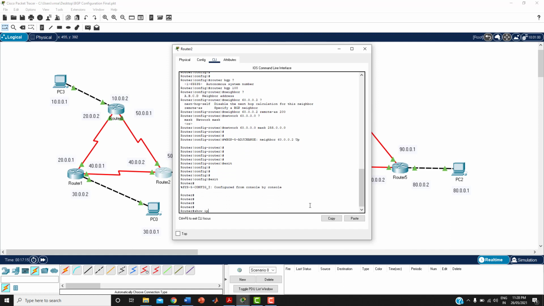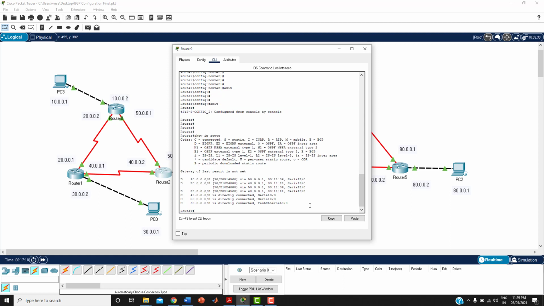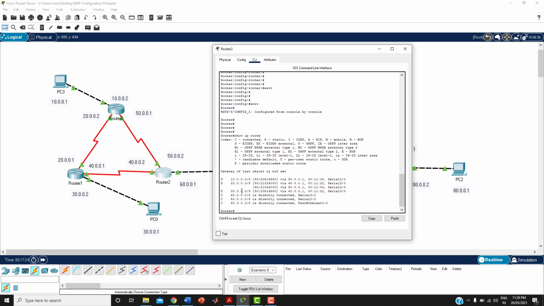So show IP route. Now, in the routing table of R2, we have 10.0.0.0, 20, 30, 40, 50, 60. So 10 is available here, 20 is available here, in our own group.